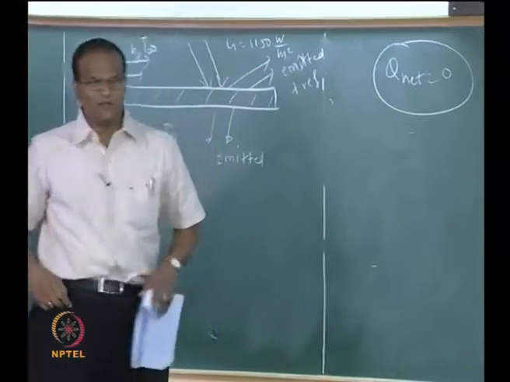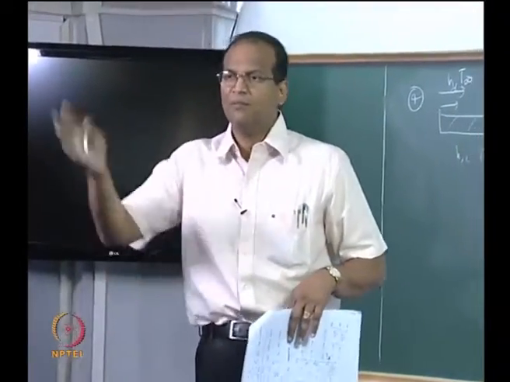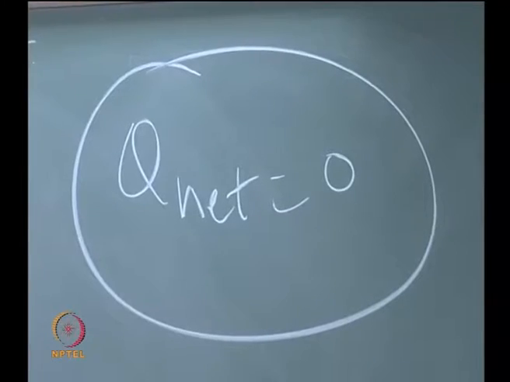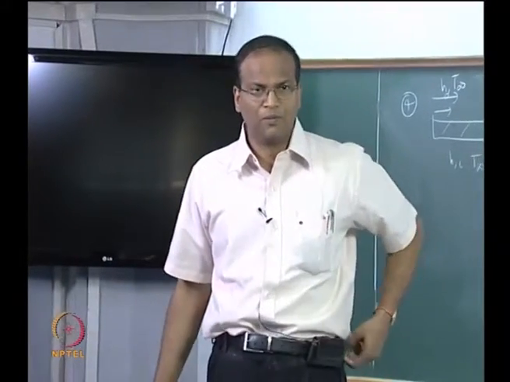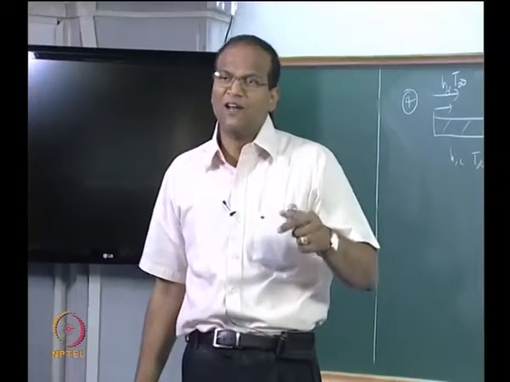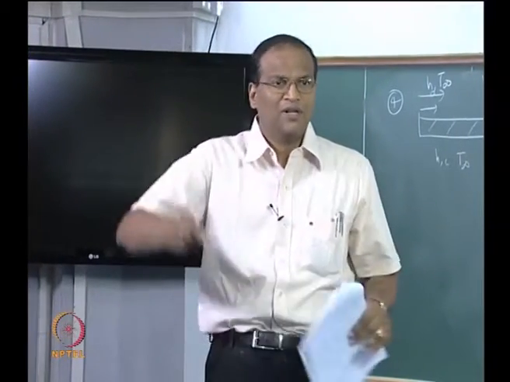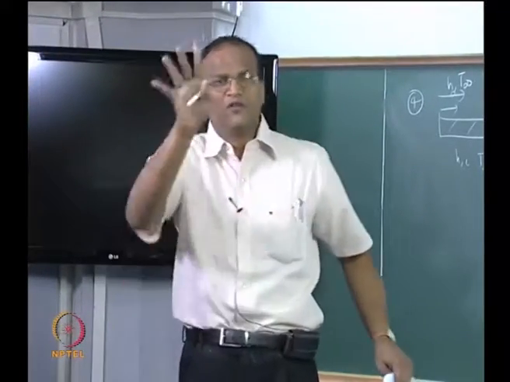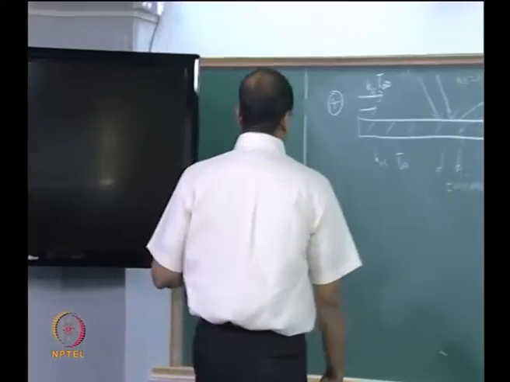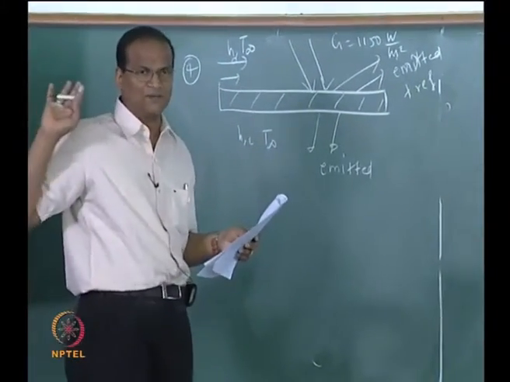If Q net is not equal to 0, then Q net will be equal to mCp dT by dt of the plate. Then dT by dt will be non-zero, it will increase or decrease depending on the complex interplay between the various factors. That is not the subject of this problem. You model something where T increases and decreases with time, that is the immersion heater, you have already done that. This is not the goal here, the goal is to find a steady state temperature. So the governing equation will not be a differential equation, it will be a simple nonlinear algebraic equation.